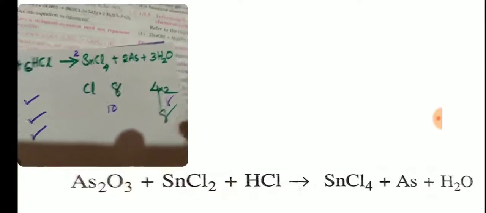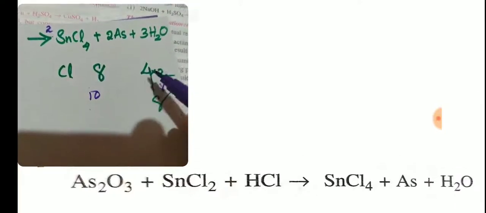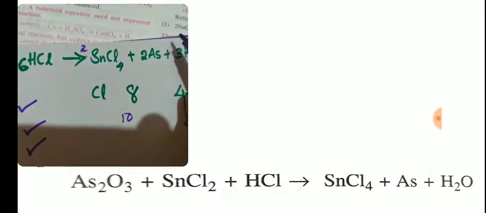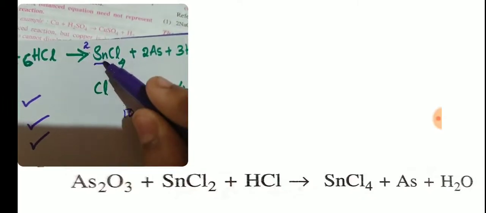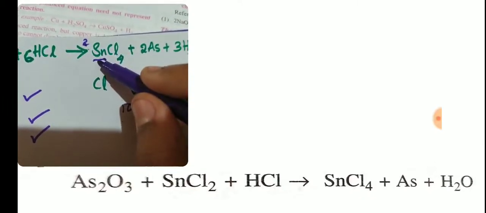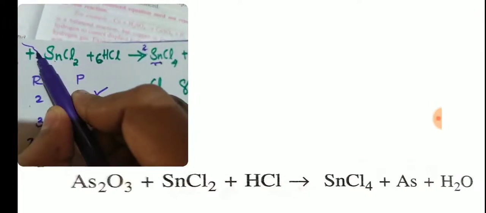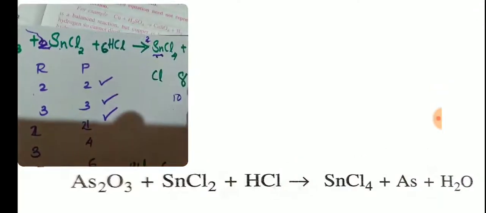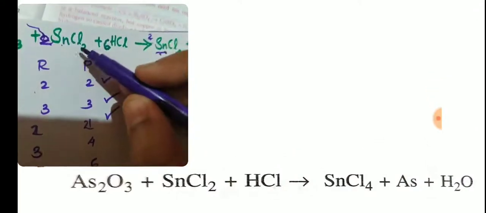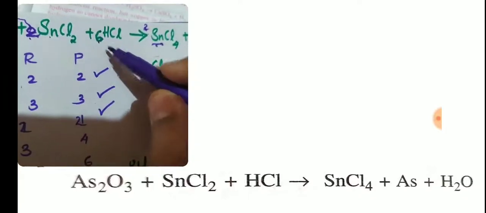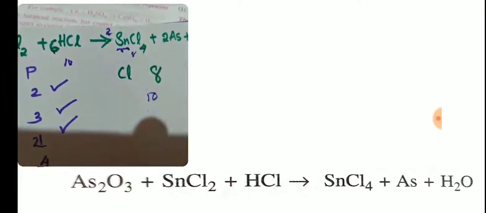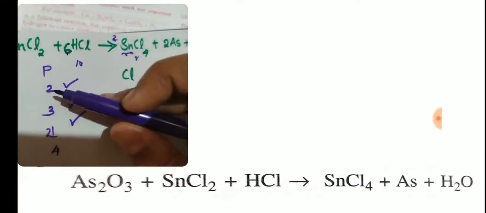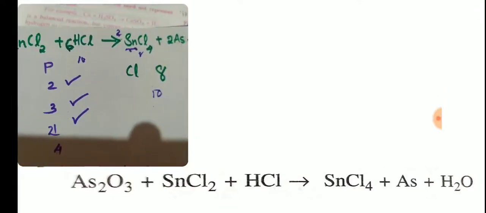Understand? If I have to make it 8, I will multiply with 2, right? That time 4 into 2, 8 will come. So now chlorine is balanced, but our tin became unbalanced. Tin will become 2 in the product side, but in the reactant side only 1 tin is there. So here I will multiply with 2. Now tin is balanced, 2 tin here, 2 tin here. But what happened to chlorine? Chlorine will become 2 2s are 4 plus 6, 10 in the reactant side, but 8 in the product side. So we cannot multiply with 2. When we multiply with 2, tin will become balanced, but chlorine will become unbalanced. So it is not possible.